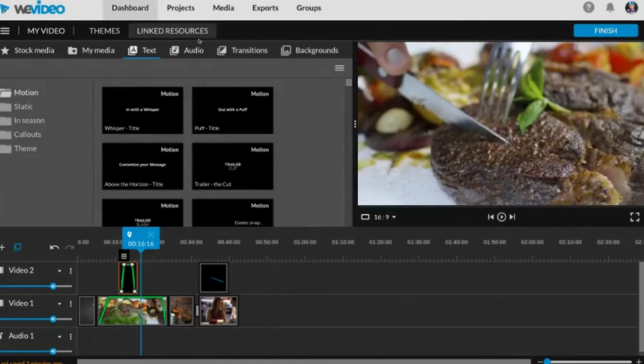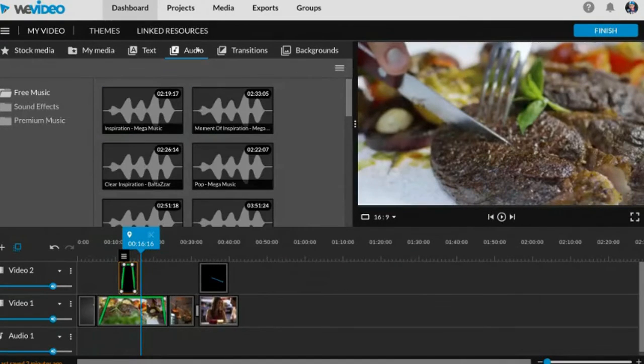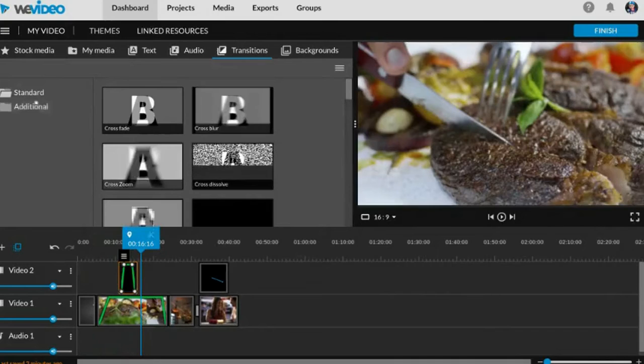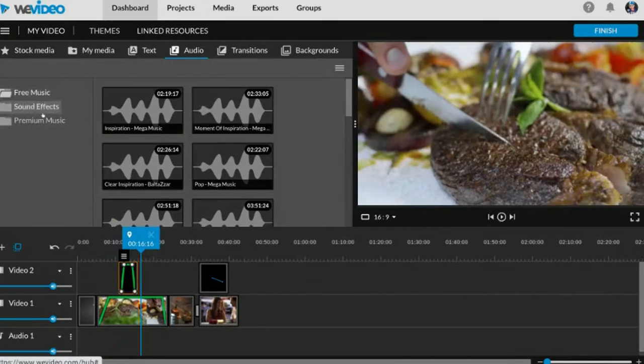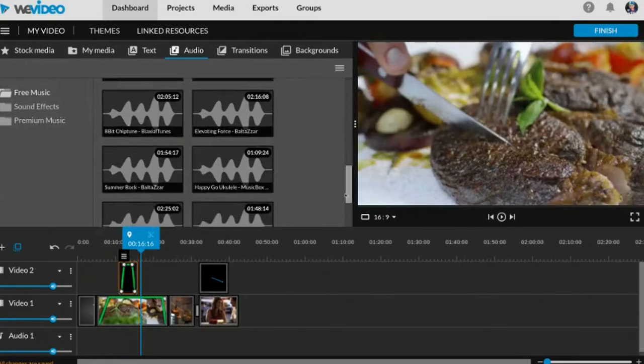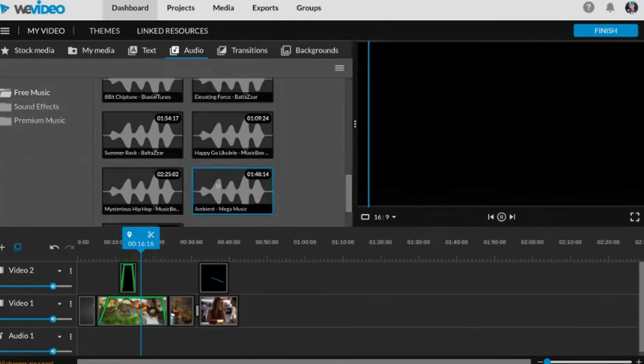Text is pretty simple. Audio, we're just working from left to right across the top. You've got different categories over here: free music, sound effects, and premium music. You are not going to have premium music or sound effects, I don't think. Maybe just a select few of sound effects if you don't use the upgrade code, which is fine if you're just getting started. But if you want a library full of some more options, you're going to want to use the upgrade code. Okay,